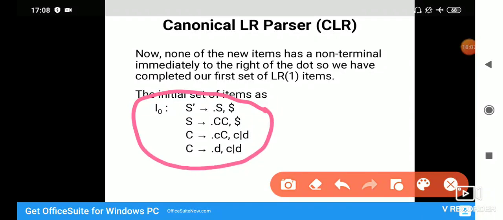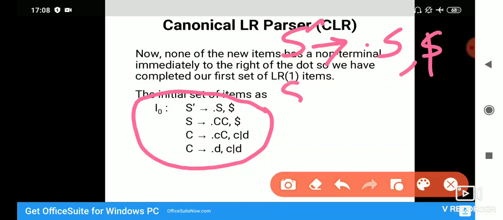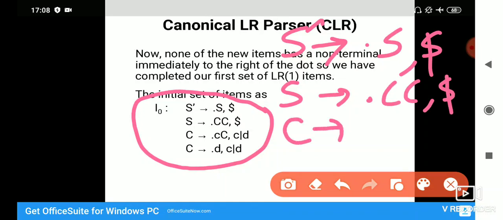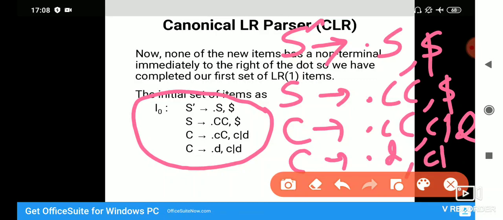The very first one that we took, S' → .S, $. Then from S we had S → .CC, $, and from C we had C → .cC, c/d, and similarly C → .d, c/d. So there are 4 items altogether for I0.